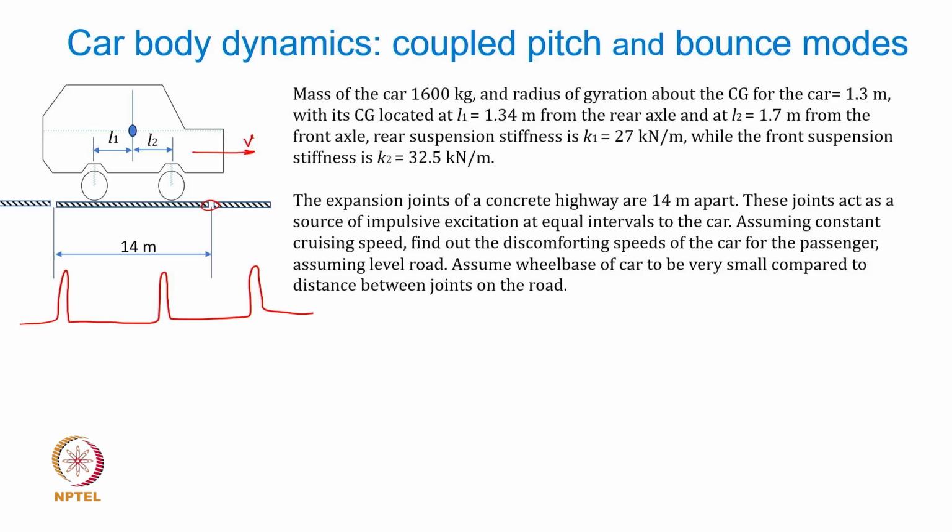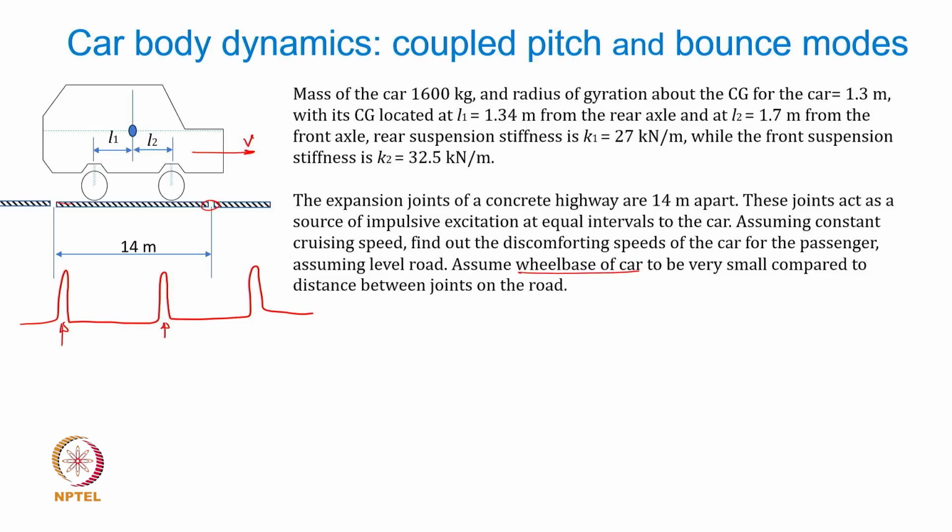Assuming constant cruising speed, you need to find out the discomforting speeds assuming level road. So that means there are no undulations on the road profile here, it is assumed to be absolutely flat, so that the excitation to the wheels only happen at the expansion joint. So as the wheel crosses or moves past these expansion joints, there is a slight small impulsive excitation that takes place. For the sake of simplicity, we are simply assuming